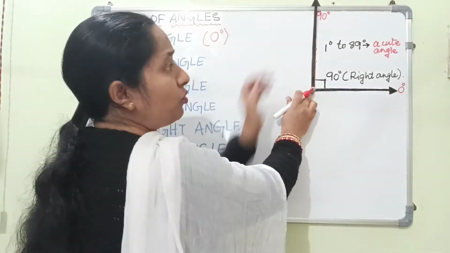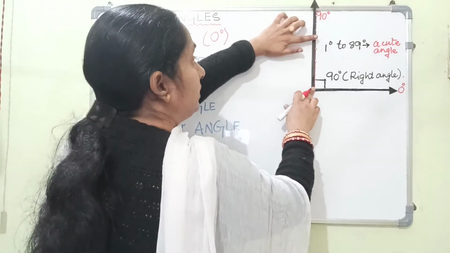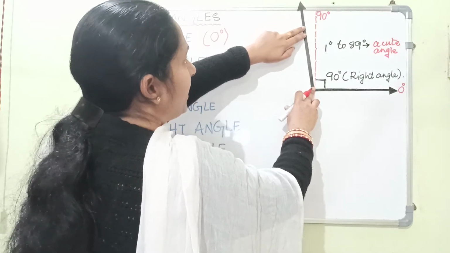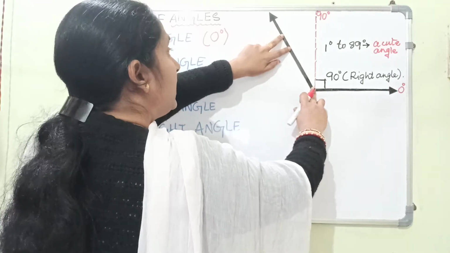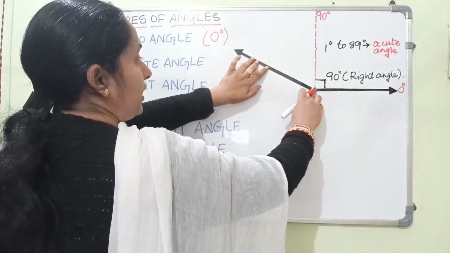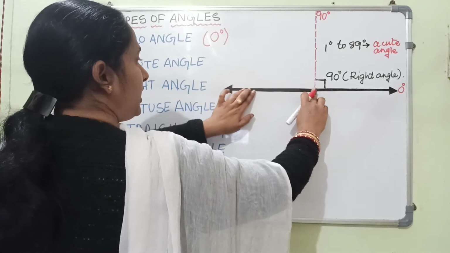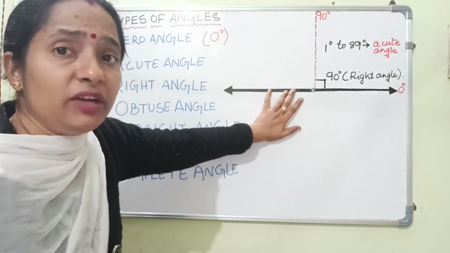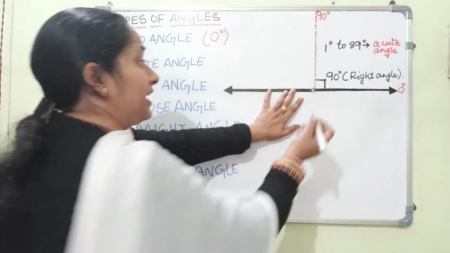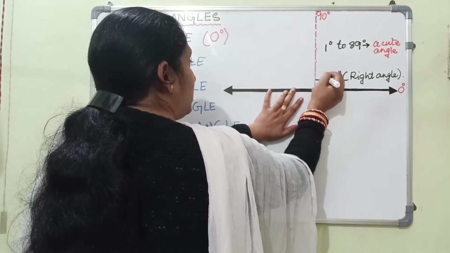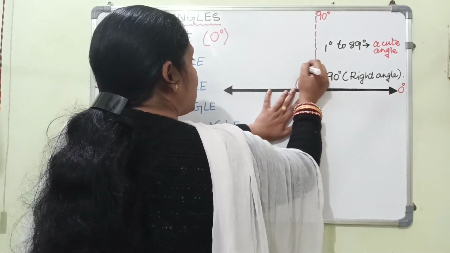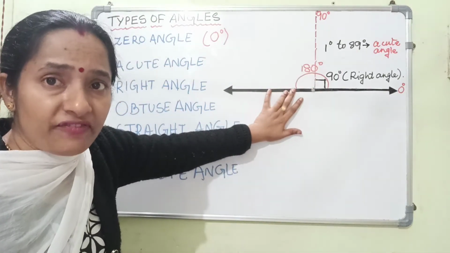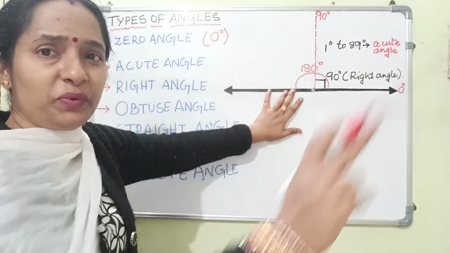Now if I move my movable arm further forward, you see the next angle will be 91 degree, 92 degrees, some 100 degree, 120, 130, 140, 150, 160, 170, 180. So you see, when the angle created between both the arms is 180, this means starting from the 0 degree till here, the whole measurement of the angle will be 180 degree. Then you will find both the arms are quite opposite to each other.